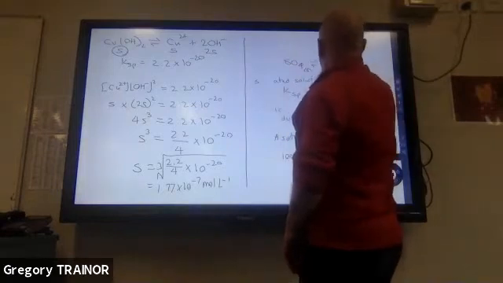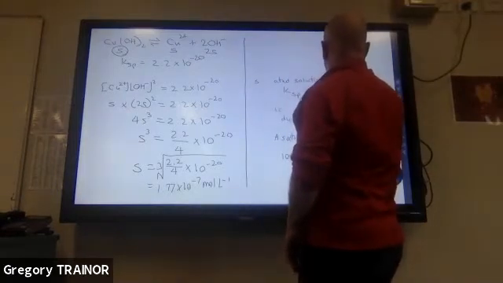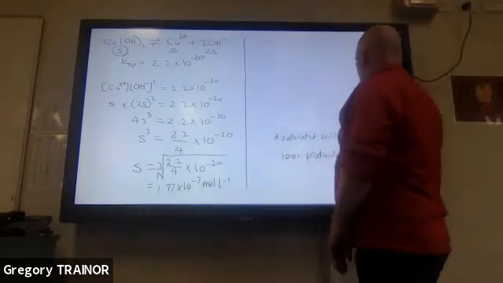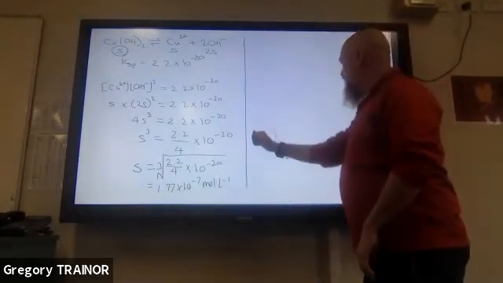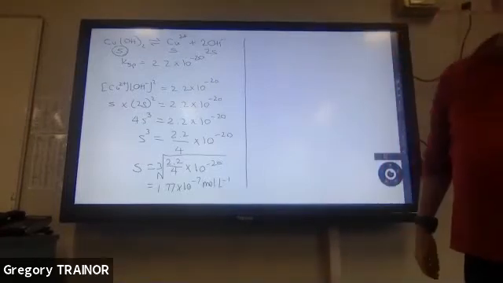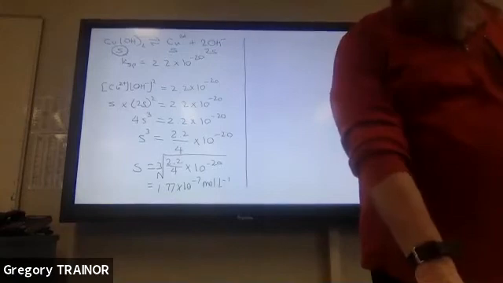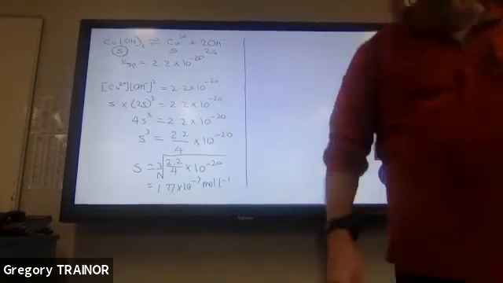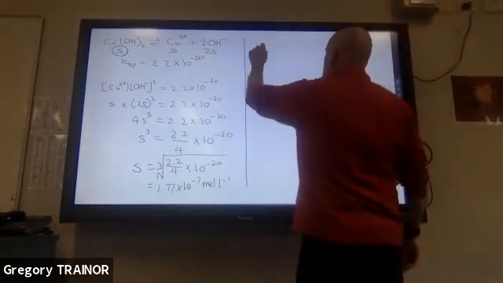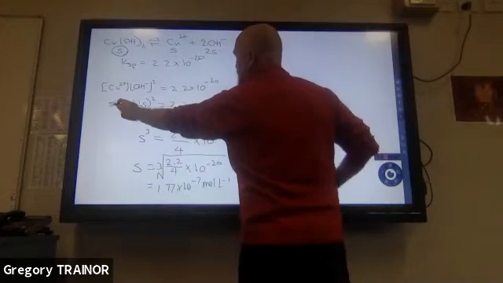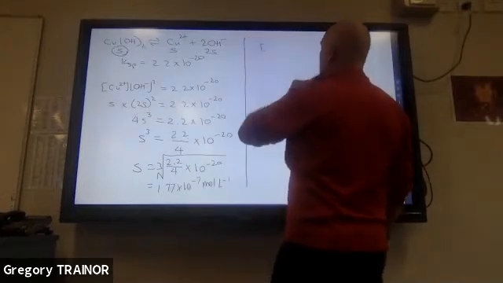All right, so remember when we're answering questions, we have to go back and check after we finished our calculation that we put down what the question asks for. So the question says, state the concentration of copper and hydroxide ions. So copper ions is equal to S. So the copper ion is going to be